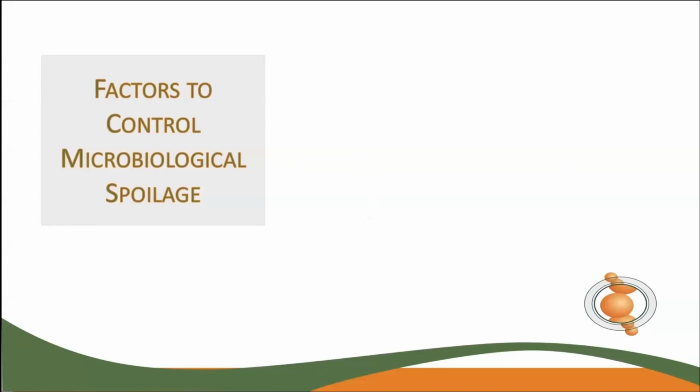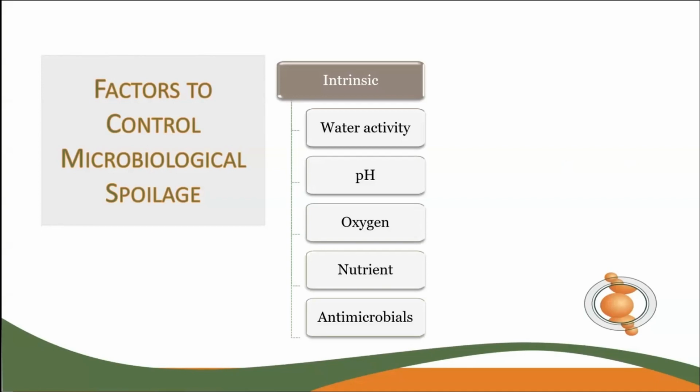So let's talk about the factors that really control microbial spoilage, which are the intrinsic factors of the food itself. And then we'll talk about extrinsic factors. Water activity of food is the ratio between the vapor pressure of the food itself and the vapor pressure of distilled water under identical conditions. You can think of water activity as an indicator of how much free water the bacteria or fungi can use for their metabolism. If the water molecules are bound by salt or sugar, then the microorganism will not be